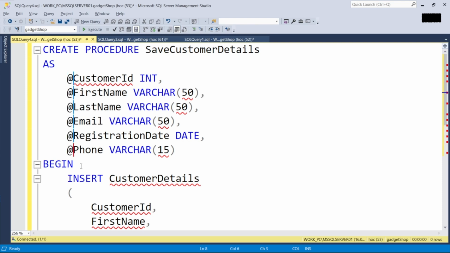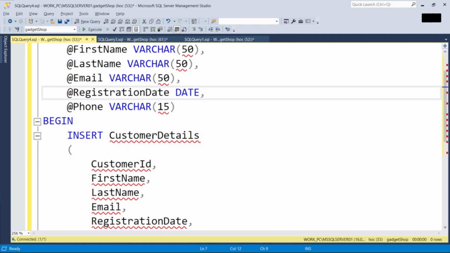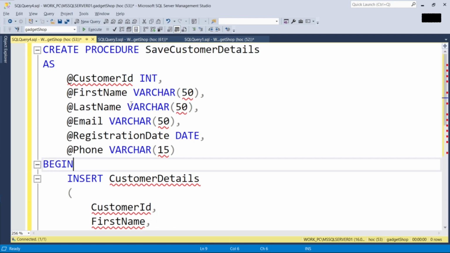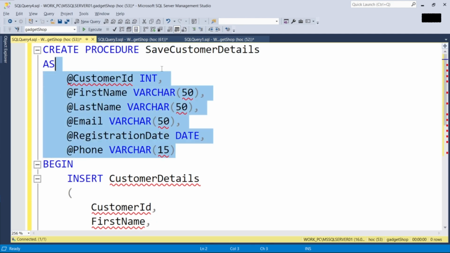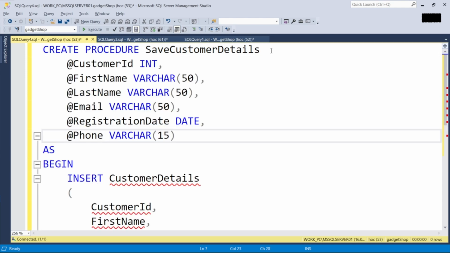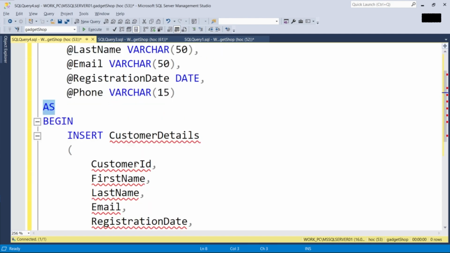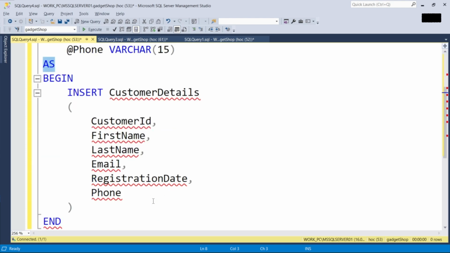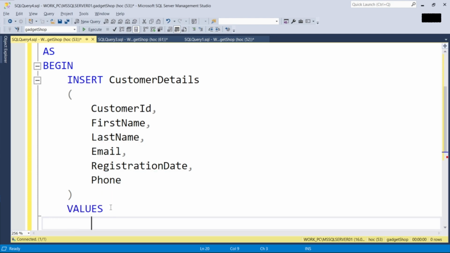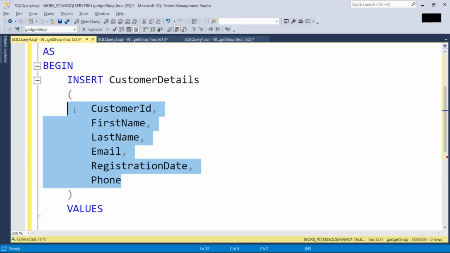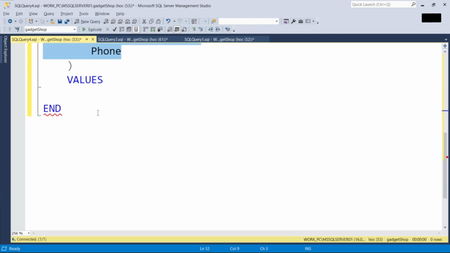And now I am giving the parameter names. Yeah, just a syntax error, over here the parameters should come before the AS keyword, and we want to insert all of these in the table. So I'm taking the names from here only,